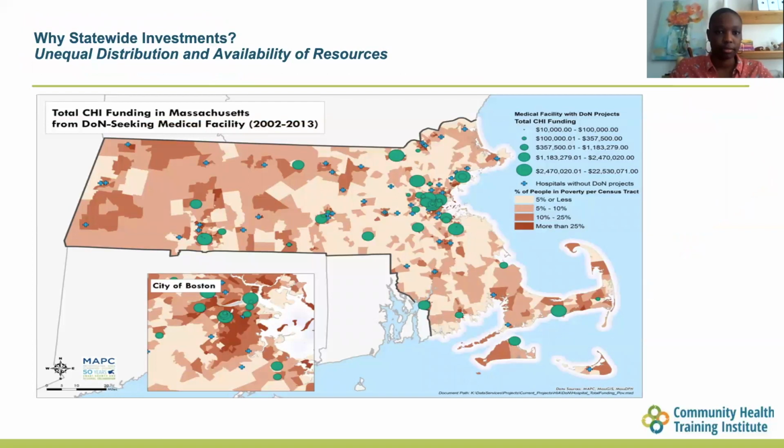Community health initiatives happen regularly in areas of the state where hospitals are routinely going through the DON program. This slide, which shows data from 2002 through 2013, was used in the original planning and discussions that led to the creation of a major change in the DON CHI program, which resulted in the creation of a statewide investing system designed to carry the principles of the CHI program across the state and to invest in areas of high need and where there have been fewer CHI resources available historically.